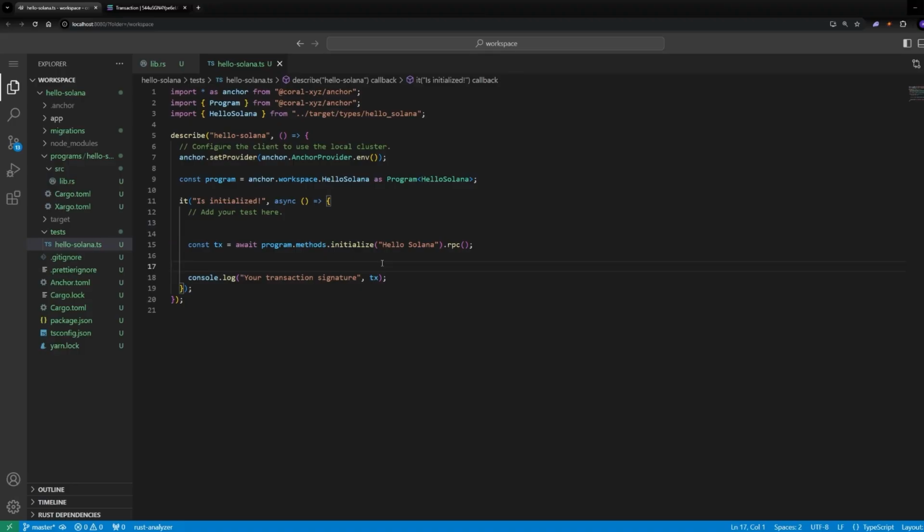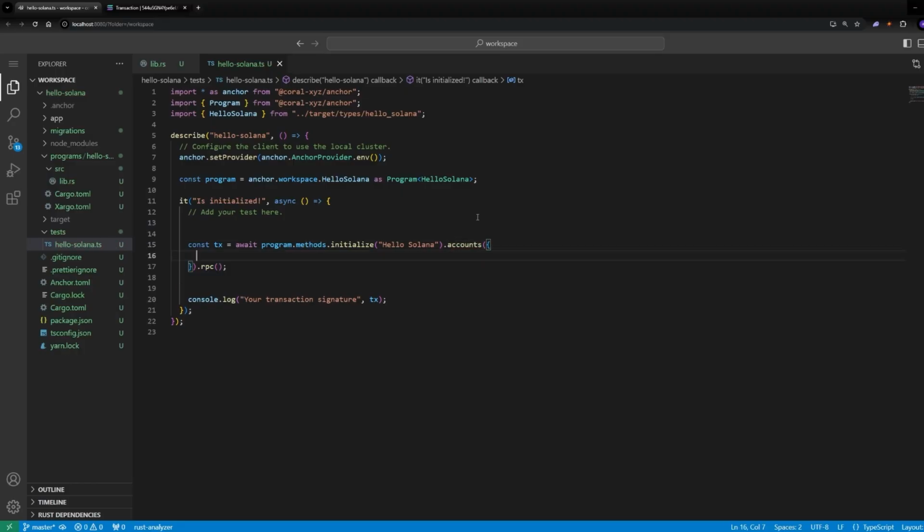These are the instruction inputs, apart from the accounts. If you want to include also accounts, you need to specify them here as an additional accounts field